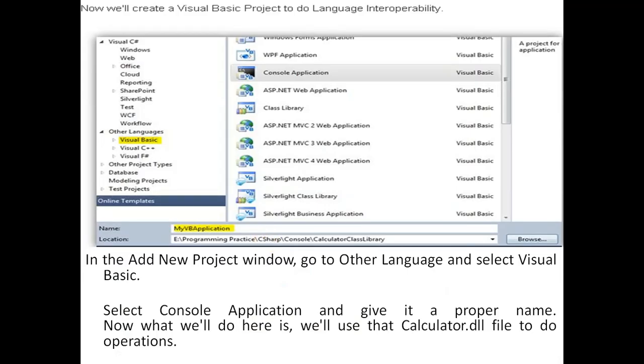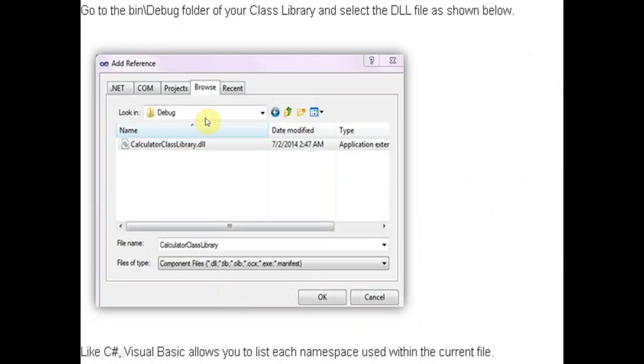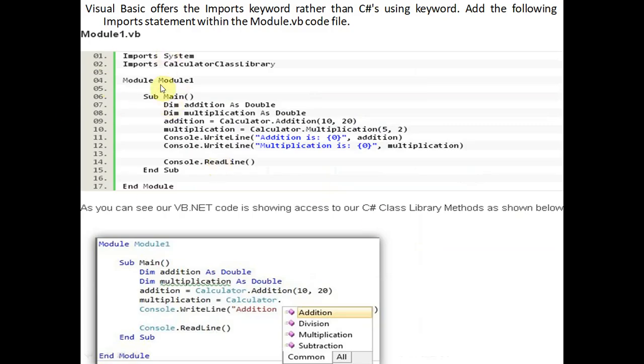So we have selected this Visual Basic console application, and we have added calculator class library.dll through the add reference tab, and then we are in the Visual Basic program. Visual Basic offers an import keyword.